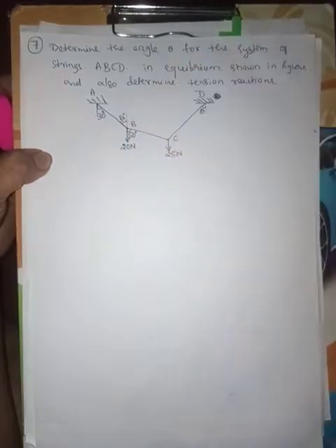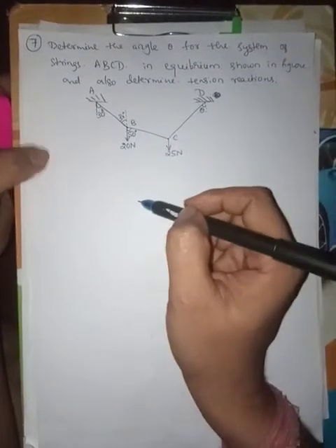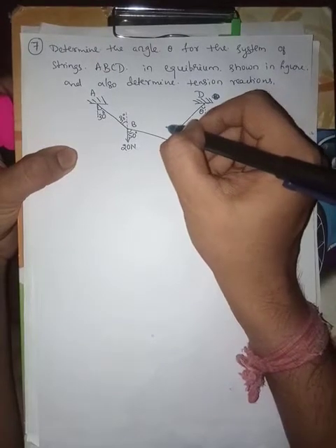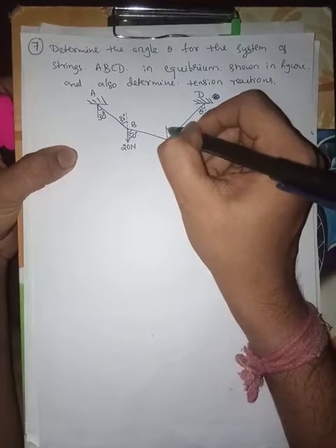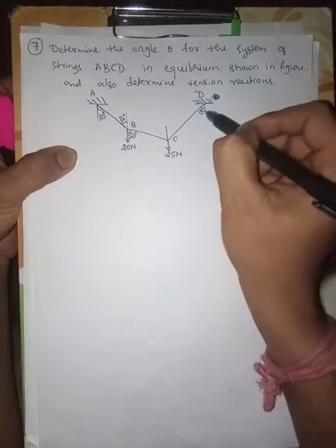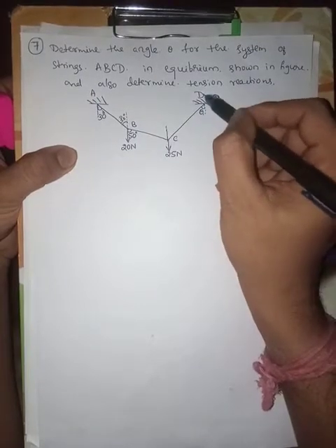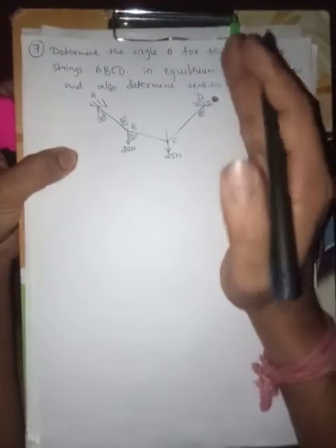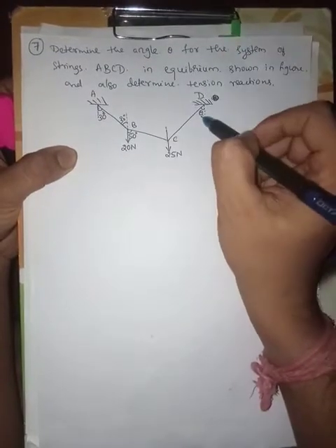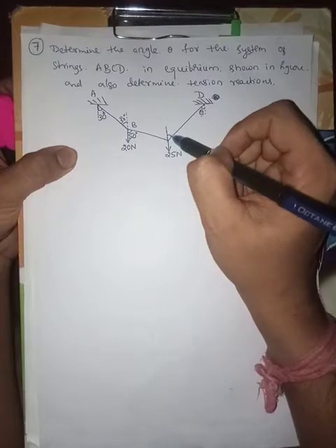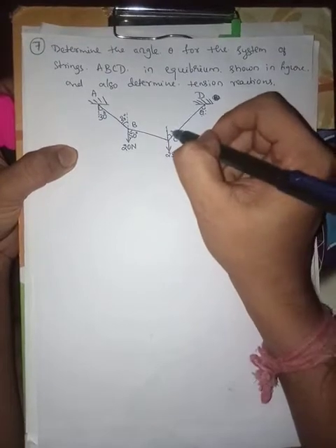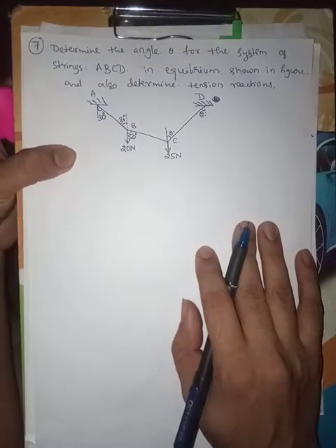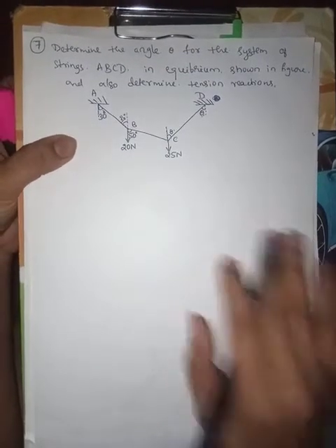Similarly, draw a vertical imaginary plane at C. If this angle is theta at D, at point D it makes the angle theta with respect to the vertical plane. If this angle is theta, then this angle is also theta with respect to the vertical plane. Yes, now we can solve this question.